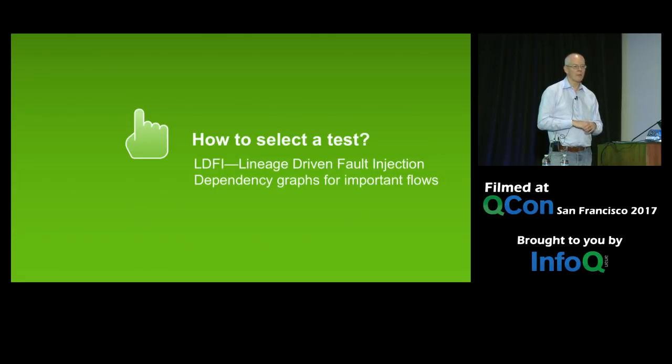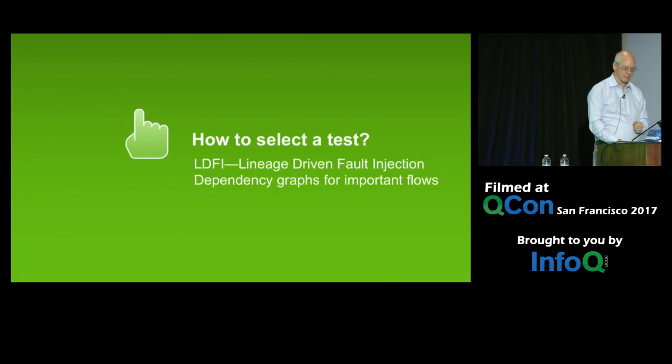So you're not testing everything at random. You could kind of call that fuzzing, when you just throw random things. It's probably good to do some random injection, but with this lineage approach you're trying to find a key piece of business traffic, and then inject faults into that place to make sure it doesn't go wrong.